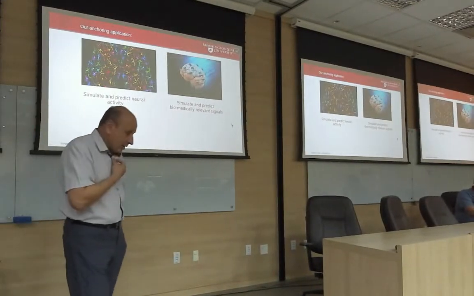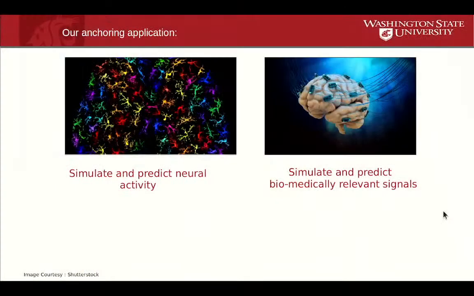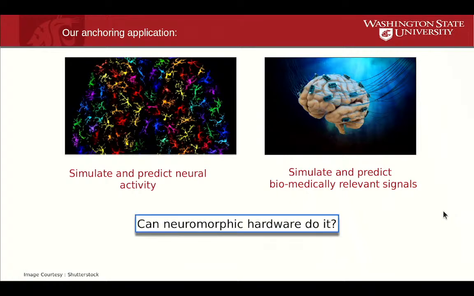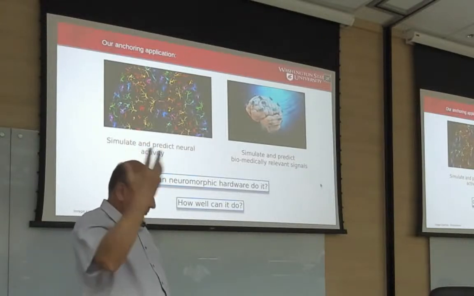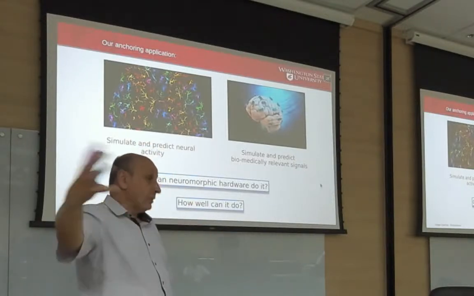We started from interest from our previous research on modeling actual neural tissue based on data. So in neuromorphic computing, we saw a new way of looking at the same problems, simulating and predicting neural activity, and on the biomedical side, simulating and predicting biomedically relevant signals. So one of the topics we had there is whether that is possible to do with neuromorphic hardware, and how well can we do it? Especially for biomedical signals, it's very important for the simulations to be precise because people's lives depend